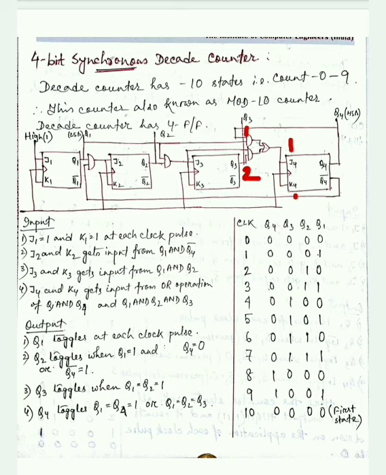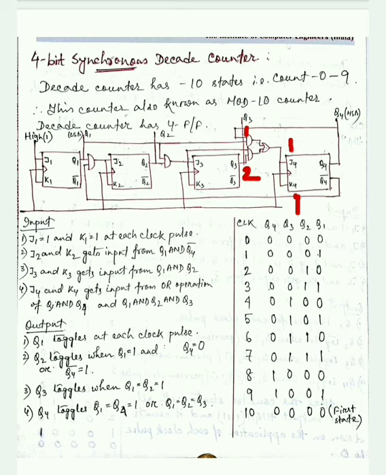And mind it, we need J4 and K4 values to be 1 and 1. As we know, in a counter we use the toggle condition, so for the toggle condition, J4 and K4 must be 1 and 1. So either we need the AND gate 1 output to be 1 or the AND gate 2 output to be 1. So in order to get the output of AND gate 1 as 1, what will be the input?